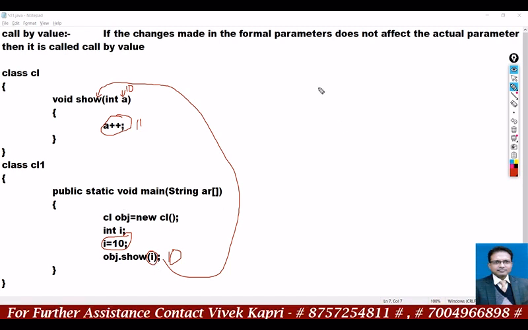Why? Because in the memory, if you have declared I, it will take some location, and as you declare a, it will take another location. The changes made in a, if the initial value of a is 10 and after changing it becomes 11, this value will not be reflected in I. So the initial value of I will remain as it is, it means 10. Clear? So if you print these values,